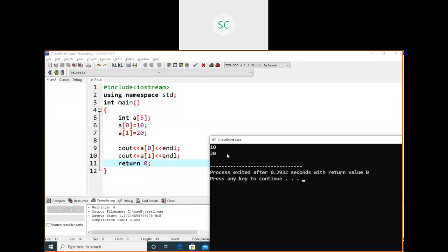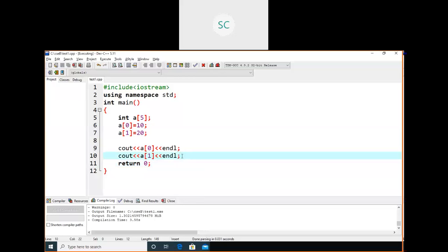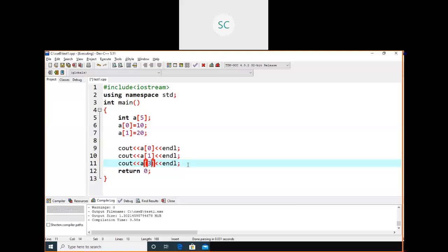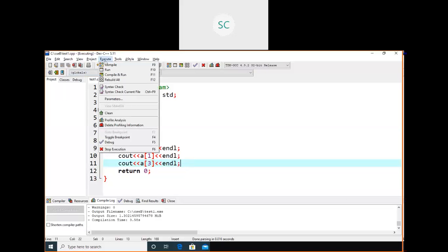Suppose, just observe what happens if I print a of 3. I'm saving this file and executing it.